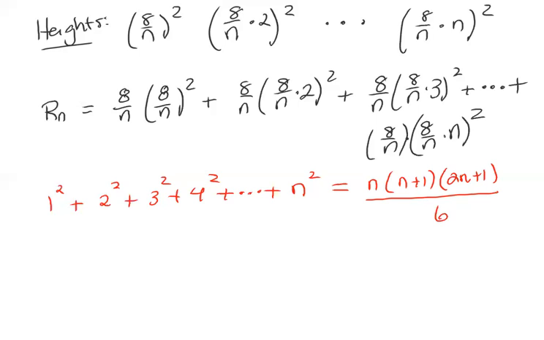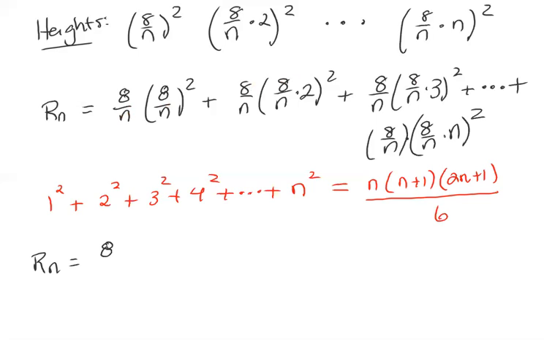But we're going to use it in a bit. Okay, so back to Rn. Rn I could write as, let's see, what's constant in this formula? There's an 8 and then 2 more 8s. An 8 and then an 8 squared in every term. There's also an n and an n squared in every term, so I could maybe